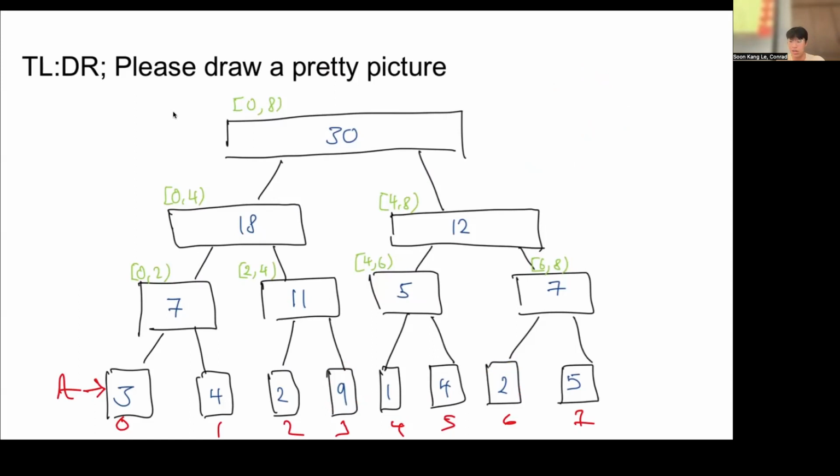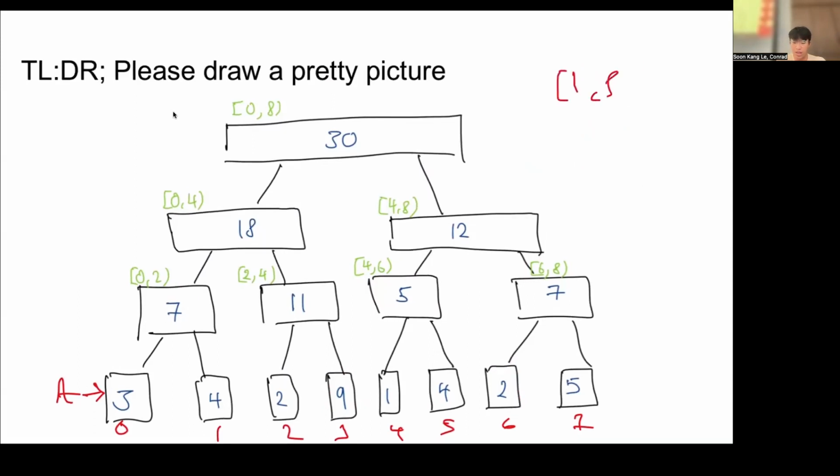So maybe I want, okay, 1 to 8, right? I definitely have to use this one. I have to use this one. Okay, I have to use this one. I have to use this one. Okay, 4 blocks. If I want 1 to 7, I use this block, this block, this block, and this block. It's still 4, right? So no matter what range I want to compute,